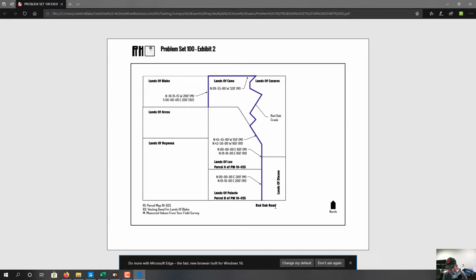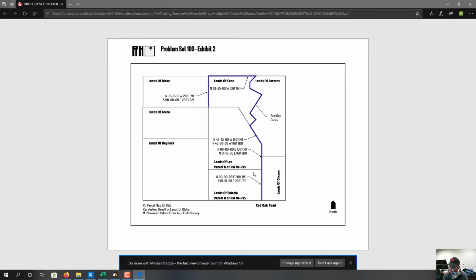Okay, question 17 says, which of the following is the best description of the control line and width of the easement? When I say control line, what I mean is we're going to describe some line, could be a center line or a side line. We're going to have some line we describe, and then we're going to give a strip of land in reference to that line. In this case, we want a line that runs along these common boundaries but doesn't encumber the lands of Cazares or the lands of Dixon. So we're going to say a strip of land 30 feet on the left side of this line that's in purple. So the answer is D, being a strip of land lying 30 feet on the left side of the